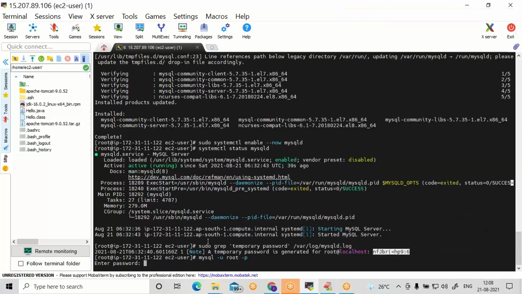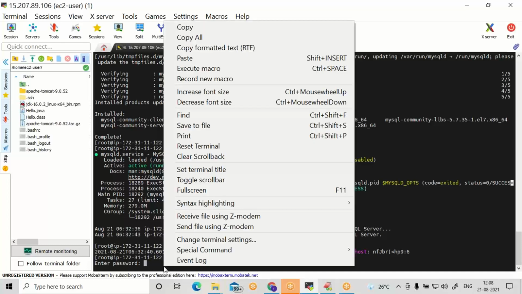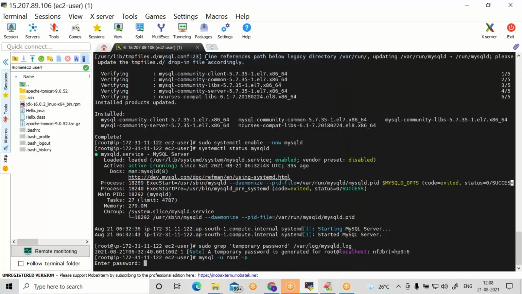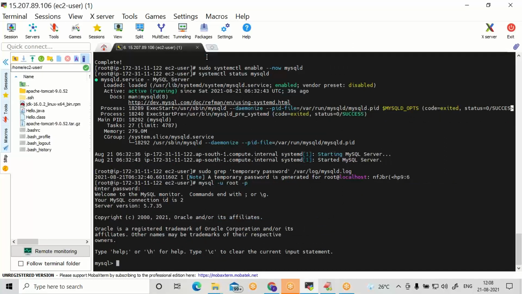Then paste the same and press enter. You are connected to MySQL with a root user and a password.